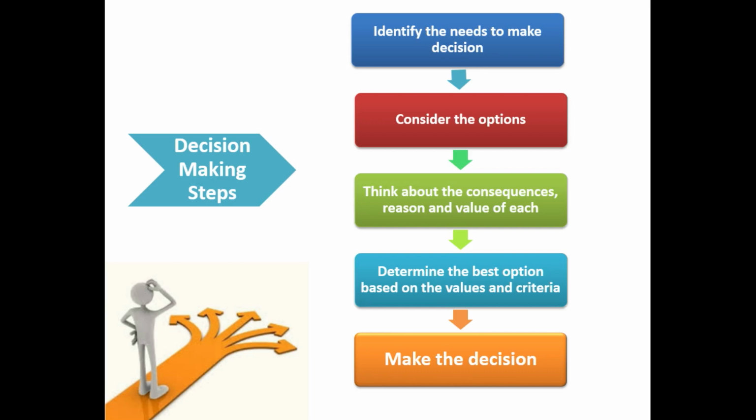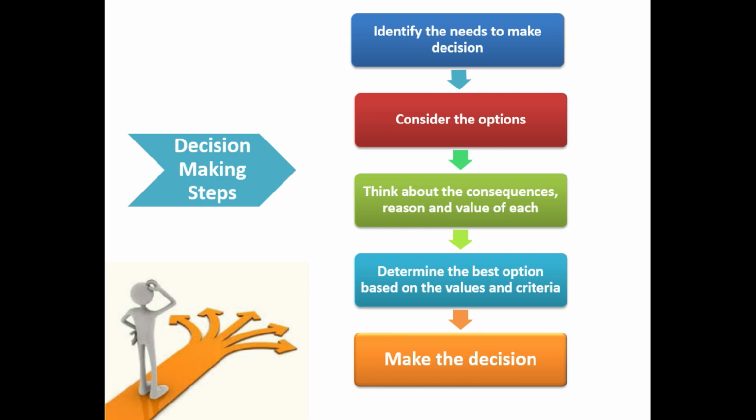Is it important for us or just something simple in our life? So we have to identify. Then number two, as a human, you must consider the options. That means every single problem that we have to make a decision for has more than one option. So maybe 4, 5, 6 or more than that. So you have to consider which option gives the best result for you, and for the society maybe, or for the family maybe.